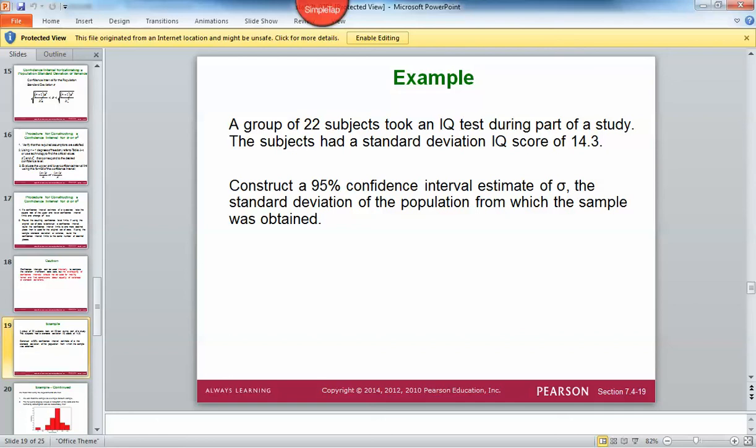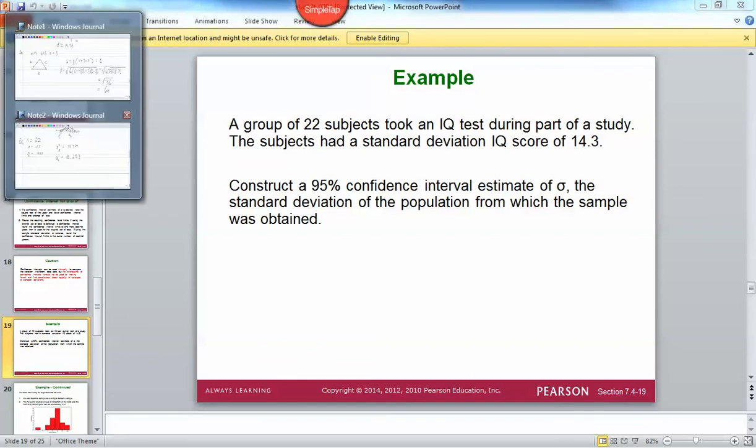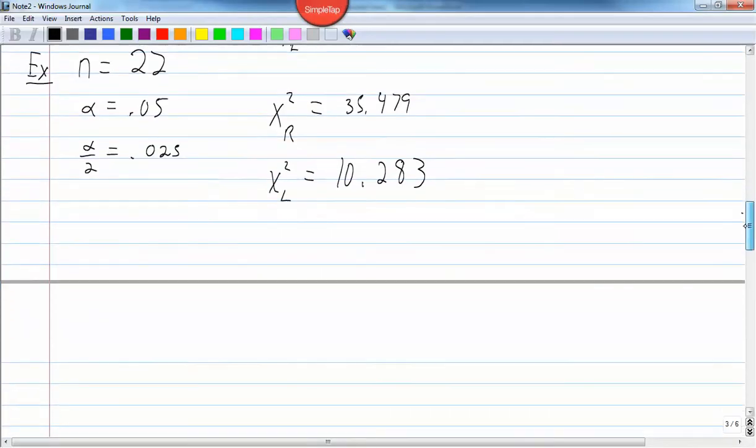So a group of 22 subjects taking the IQ test, 95% confidence interval, that all looks the same. Here's what we are given now. The subjects had a standard deviation IQ score of 14.3. And we want to construct a confidence interval estimate of standard deviation. Okay. So we're going to use that information. We're going to use this right critical chi-value and this left critical chi-value so that we can find an interval estimate for